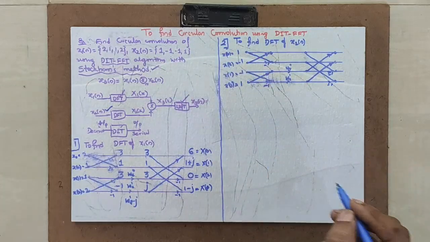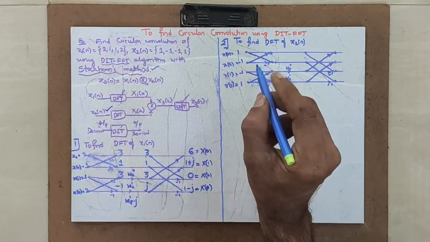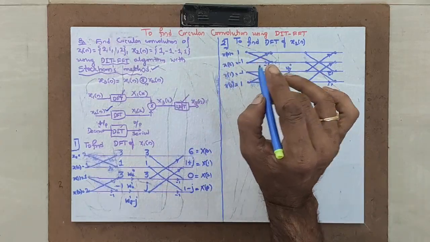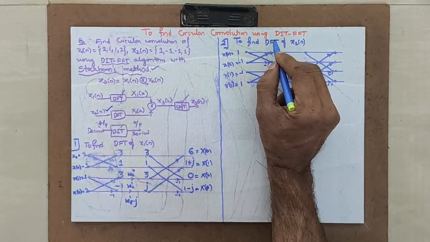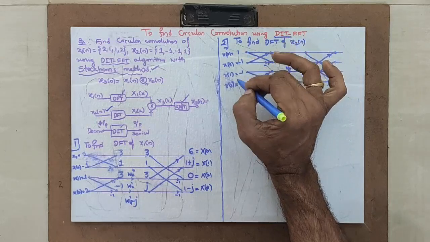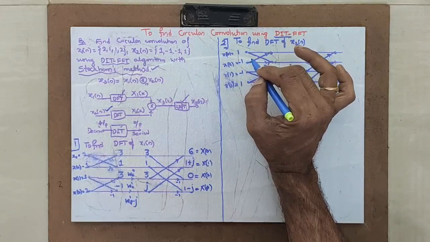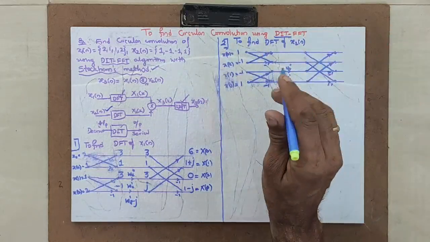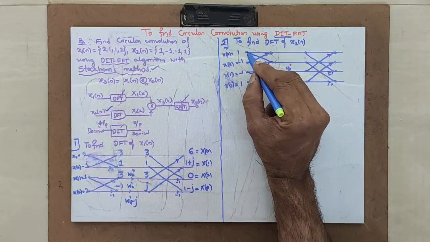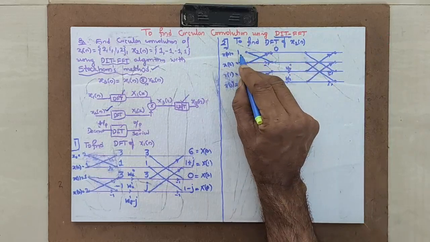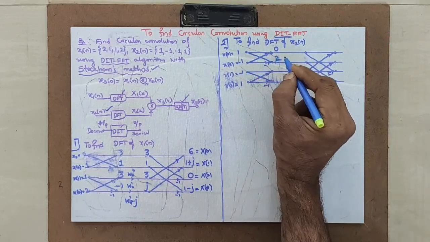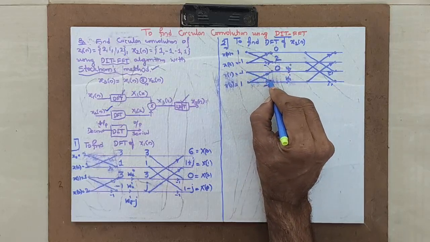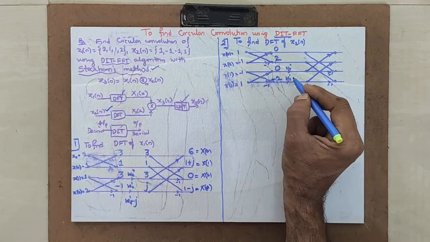Now you are into the data transfer. I am always telling you, once you transfer the data, verify whether you have transferred correctly and what algorithm you are applying. That is DIT. DIT means decimation on the input side. Twice or thrice you have to verify. Once confirmed, then go to the flow diagram. It is simply addition and subtraction. 1 minus 1, 0. 1 minus -1, 2. -1 plus 1, 0. -1 minus 1, -2.